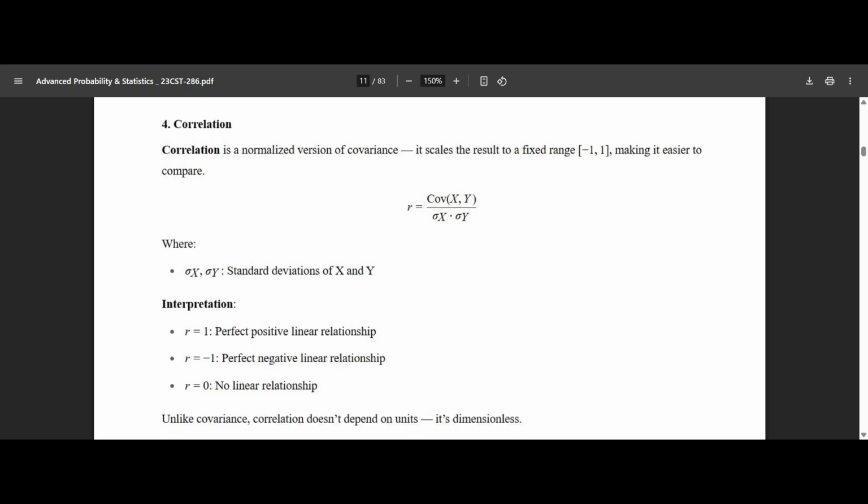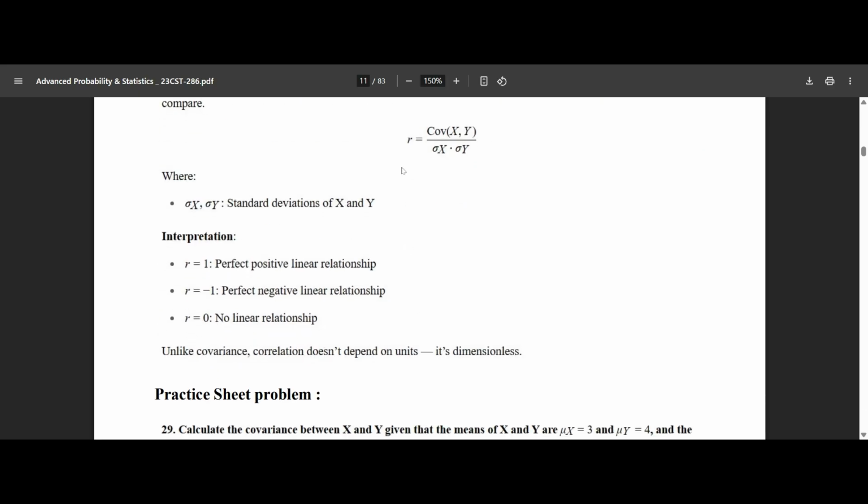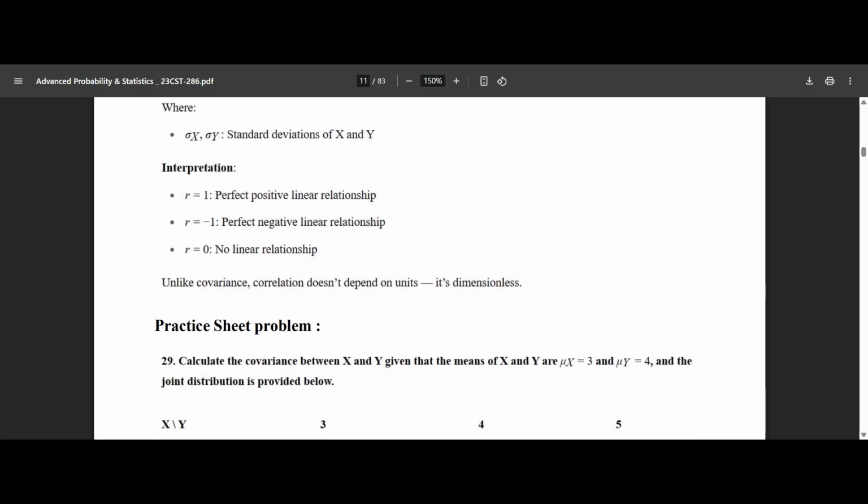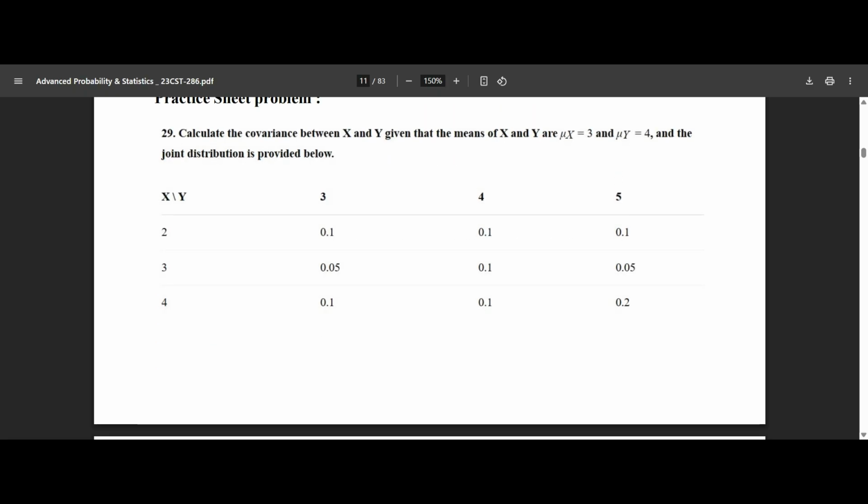It is dimensionless, okay? Because it is already a scaled thing. तो R की कोई unit नहीं होती।